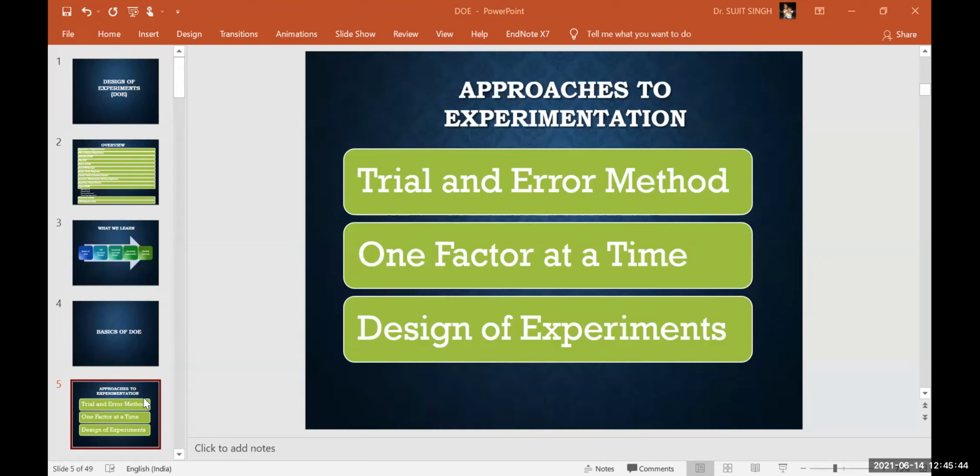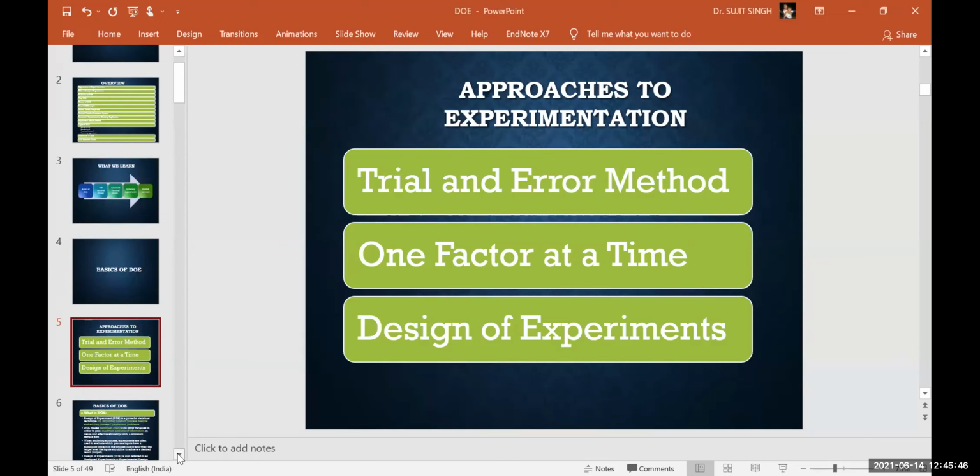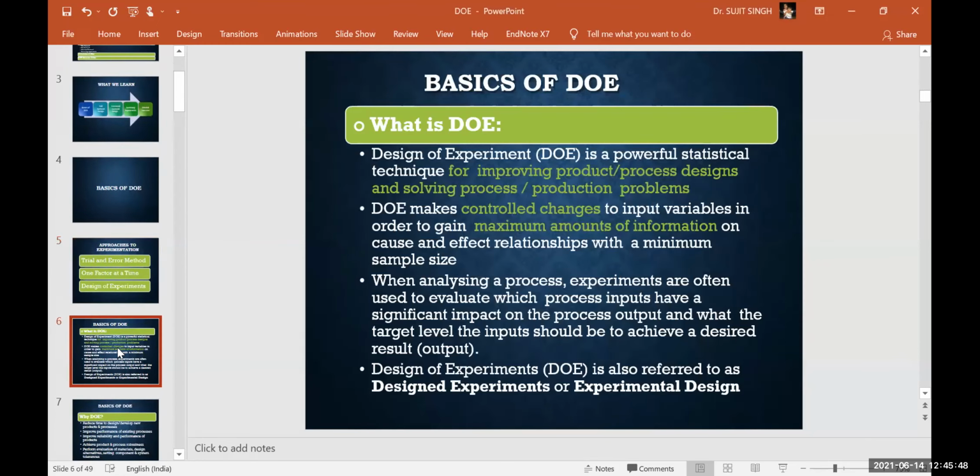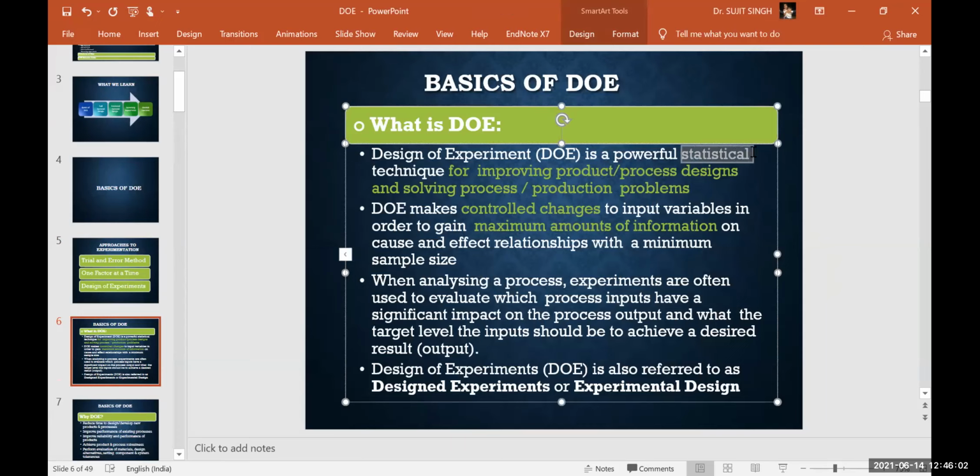Okay, now coming to the basics, we can define design of experiments as a statistical technique. Mind this word, statistical, right?